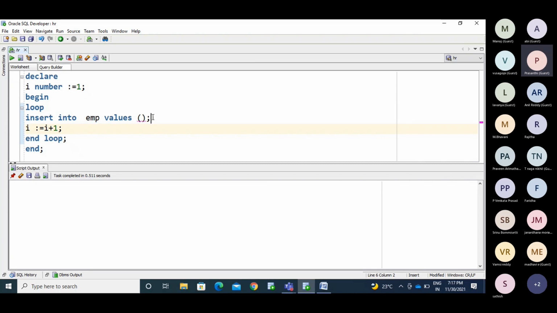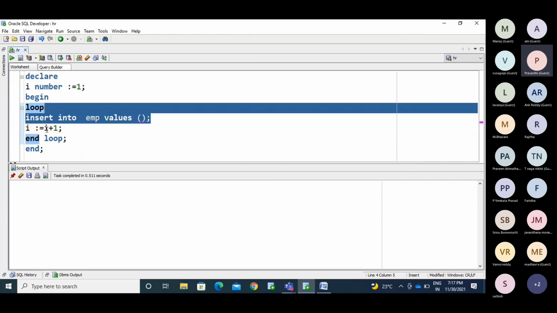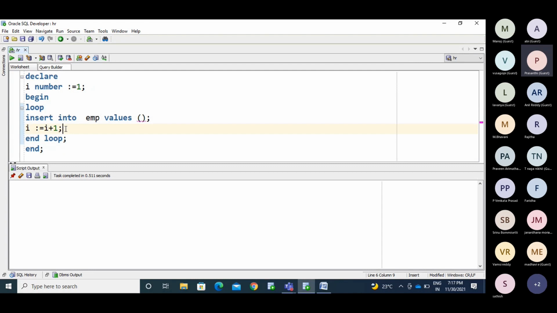After executing the statement, I make I equal to I plus 1, so 1 plus 1. Now I has 2. Again it goes through the loop, continuously, for as many times as you are going to loop. When we need to exit the loop, we need to mention it here.